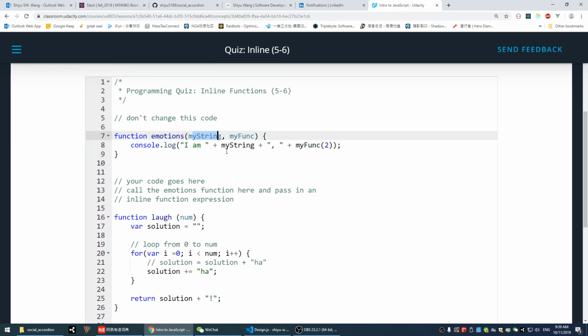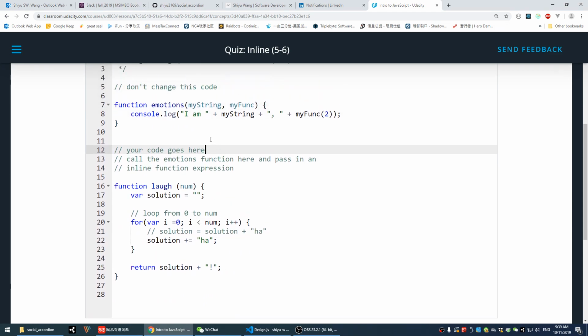And then we have function emotions. Emotions takes a string and takes a func. And what it does is console log I am plus the string, the first parameter, and then plus the second parameter with input 2. So when you want to call the emotions function, we're going to call emotions and